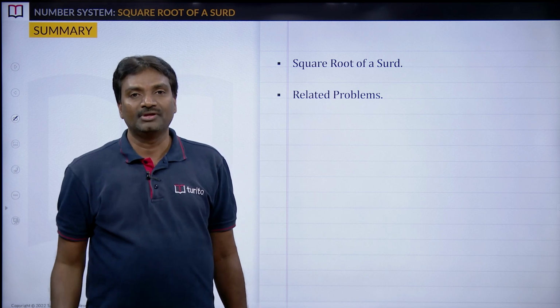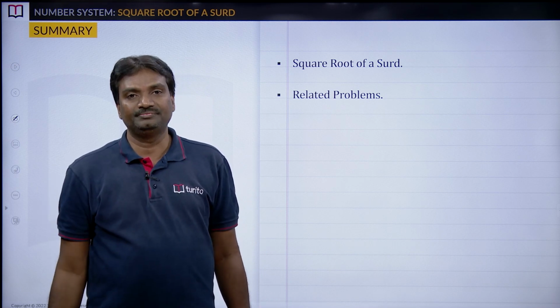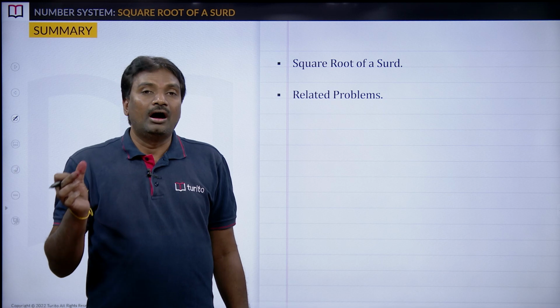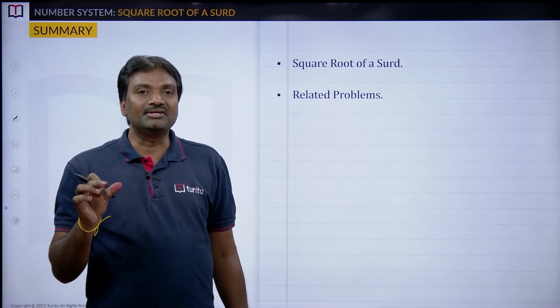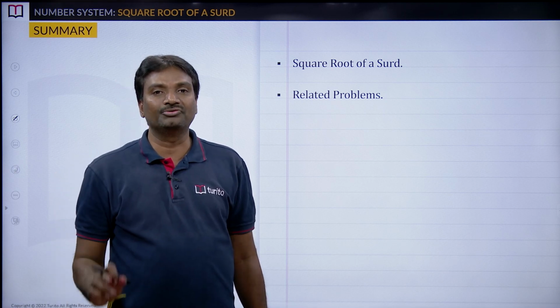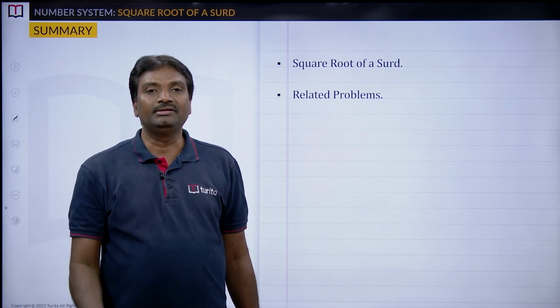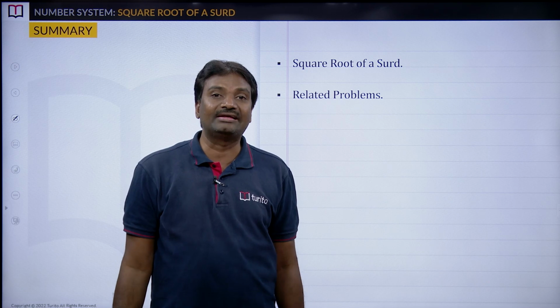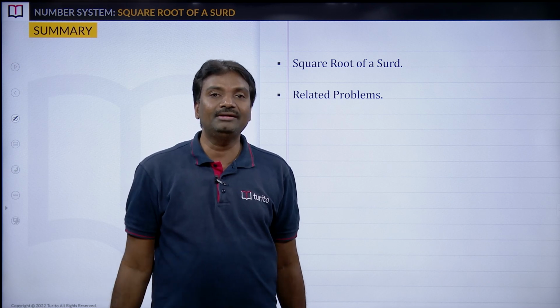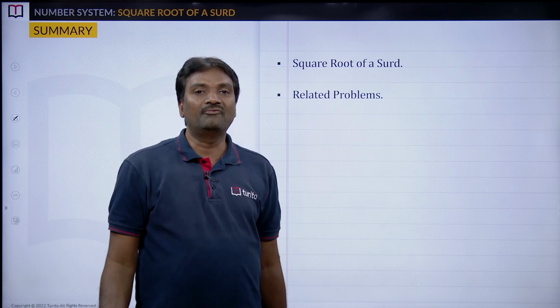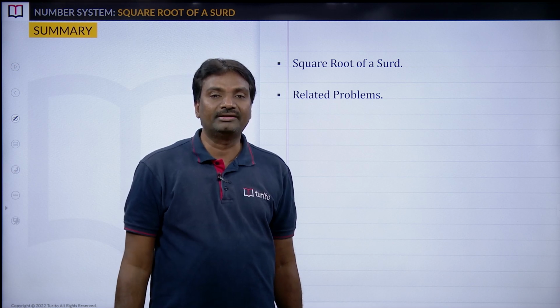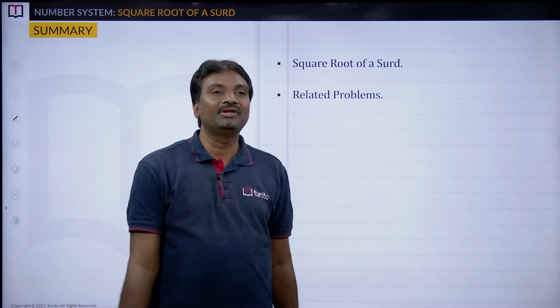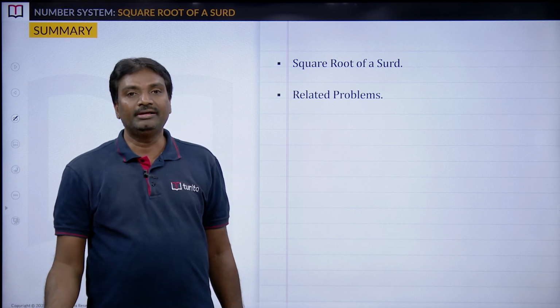The process is this: square on both sides. After squaring, you will get rational terms and irrational terms on both sides. Compare them. You will get two equations in terms of x and y. Solve them. You will get the values of x and y. After getting the values of x and y, by substituting them in equation 1, you will get the square root